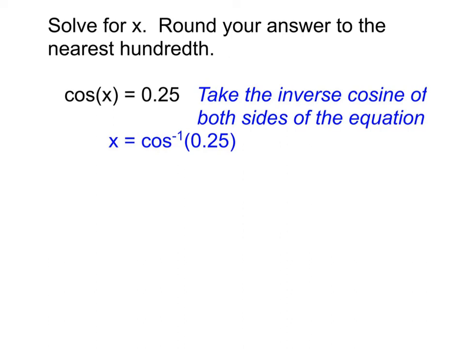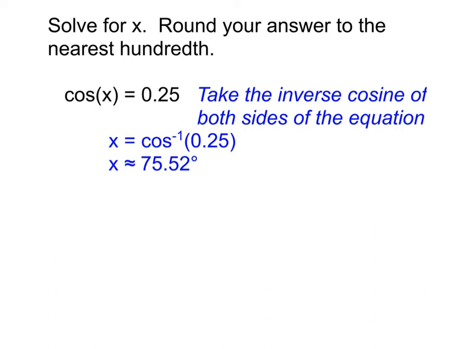Once we've done that, now we can actually do the inverse cosine of 0.25, because notice this looks like the types of problems that we were doing earlier at the start of this lesson. So once you get to that point, since it's x equals, now it tells you plug it into your calculator. And so we do that. We do the inverse cosine of 0.25. And in this case, I'm rounding to the hundredths, so that tells me 2 decimal places. So my final answer is going to be